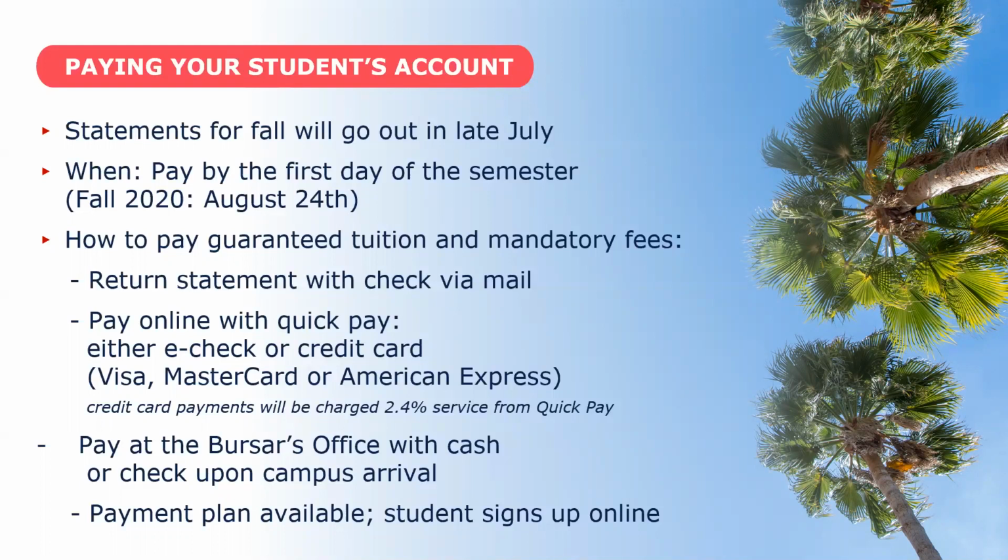You can also sign up for the Res Life payment plan, which will do the same for your housing charges with the same due dates. There is a $75 fee to enroll in the tuition payment plan. However, the Res Life one is free, and you would sign up for that when you sign your housing agreement. So again, that is something the student does on their online account, and there are instructions on the Bursar's office website. So with that, I would like to thank you, and